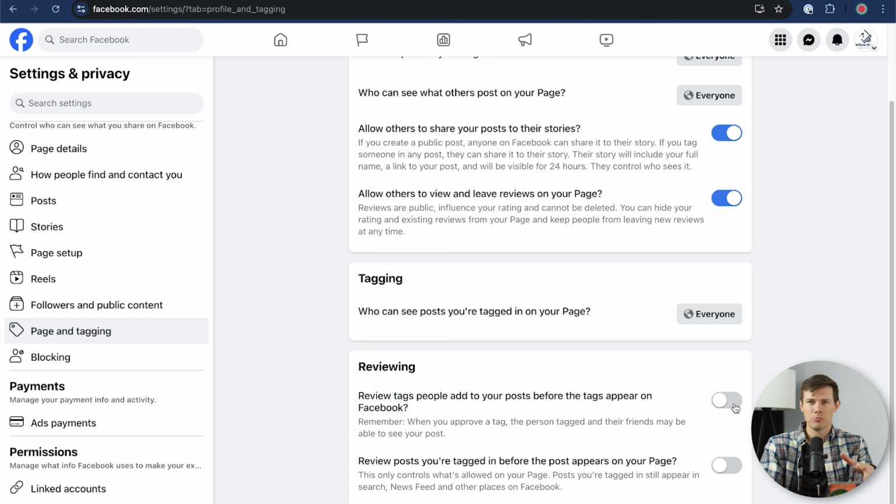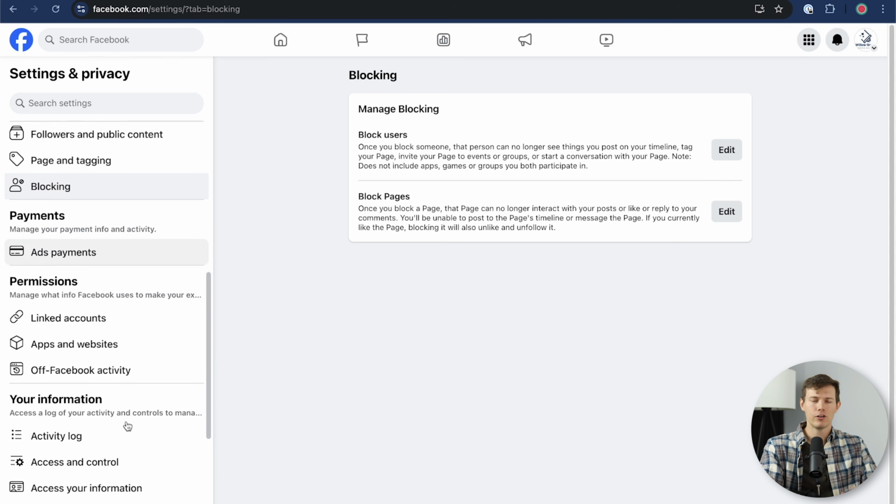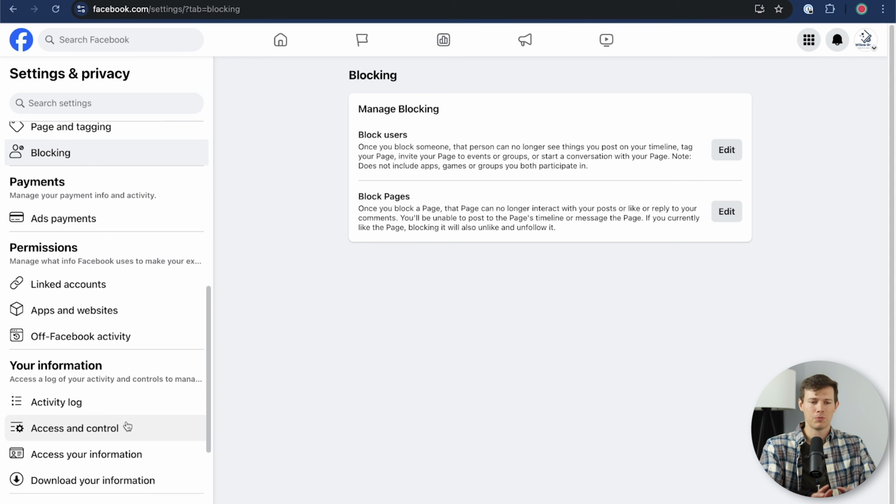I leave that disabled in the beginning, and if it gets out of control, eventually this is where you can find that setting over in page and tagging. And then lastly, blocking. Hopefully you never have to block any users, but if anyone is really spamming or harassing anyone on your account, you can go and block them so they're no longer able to participate in anything